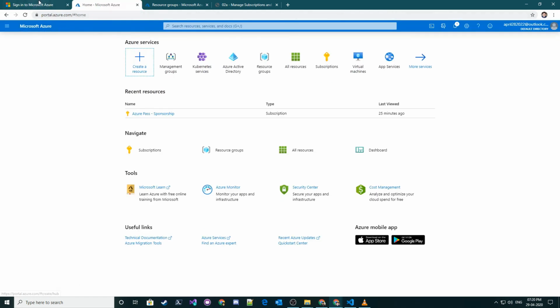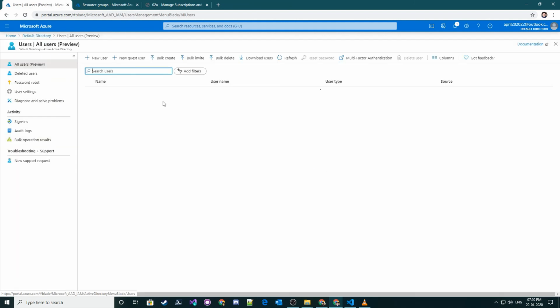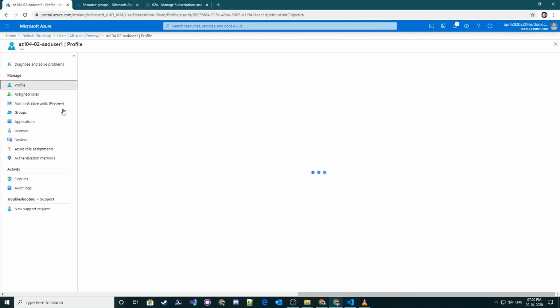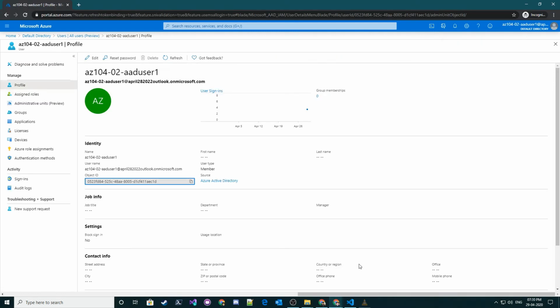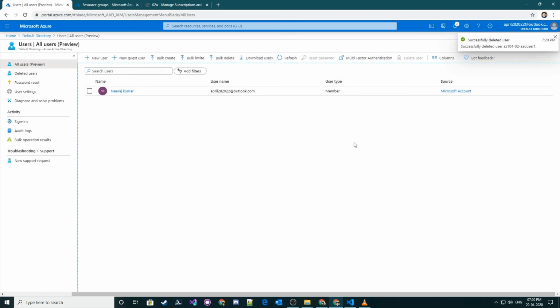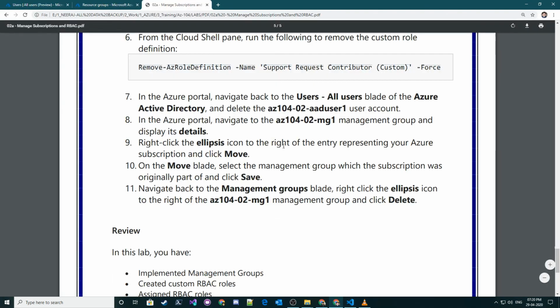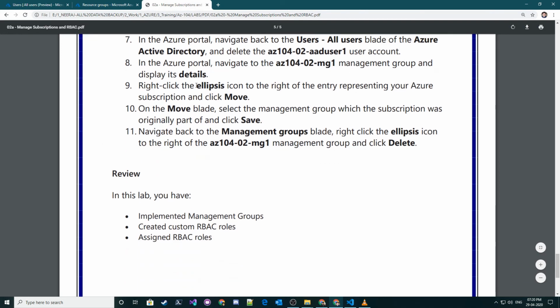Let's go over here, Azure Active Directory, users, again this user. I'm going to delete this user. I'm just going to close this window. So this user was successfully deleted, and we have to go to management group and display details.